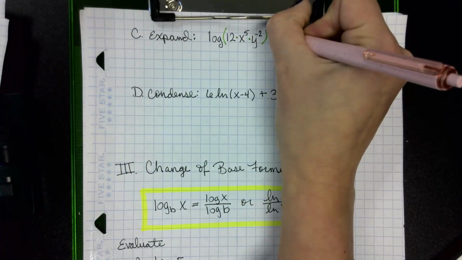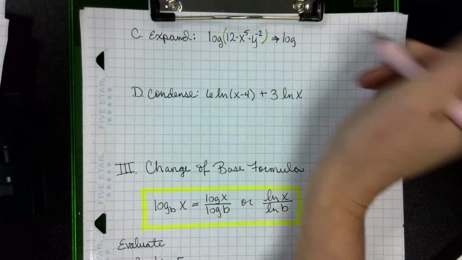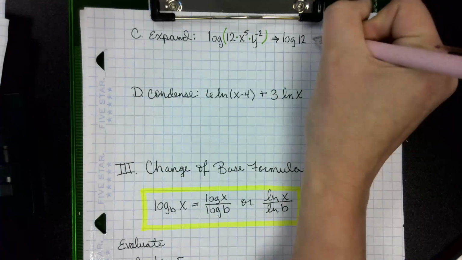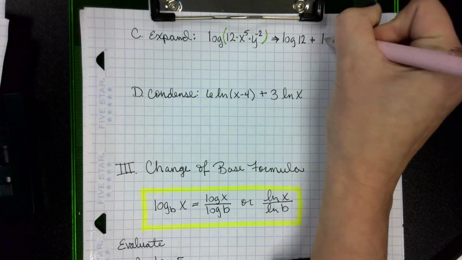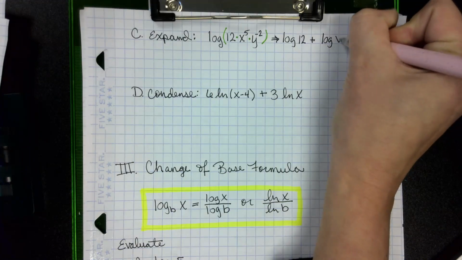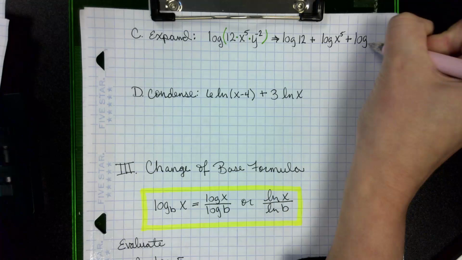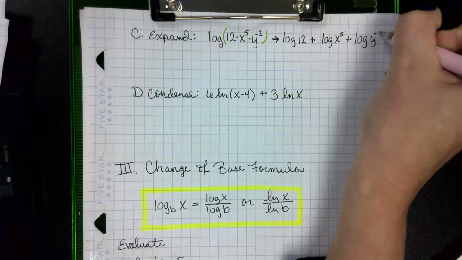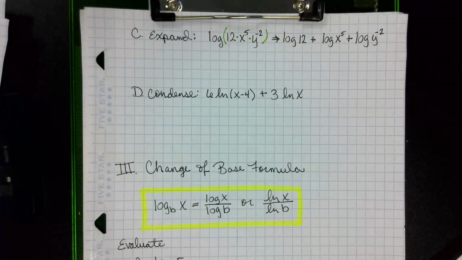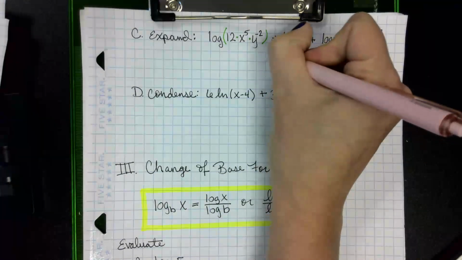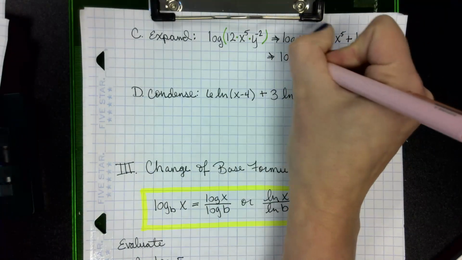So I can write this as log 12 plus log x to the fifth plus log y to the negative 2. So now I have 3 separate logs, all the same base. And log 12 is done. I can't do anything more to expand the first one. Log of 12